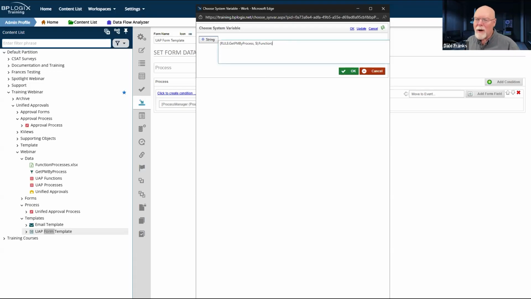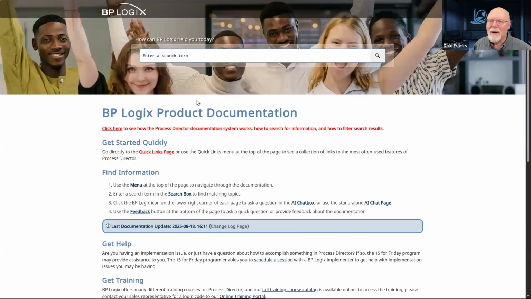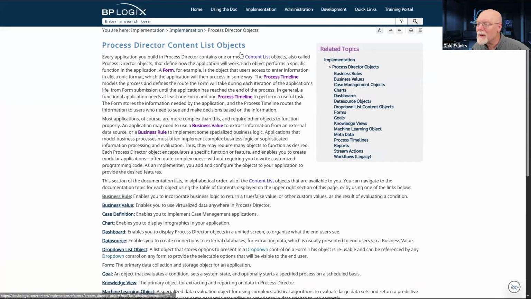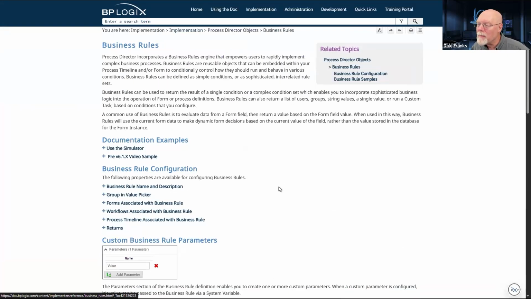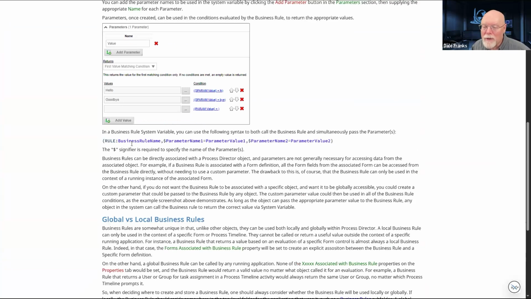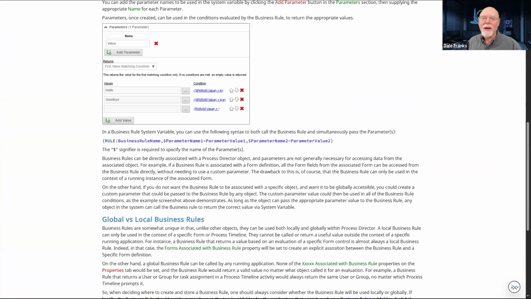function. I'm not entirely sure I have that syntax right. So let me real quickly go to, just need to be sure that I get this right. Implementation, director objects. Oh, that's not what I want. No, that is what I want. Business rules, because we have the parameterized business rule somewhere in here. Business rule parameter name equals. Okay, that's what I have to do. See, I didn't have it right. It's a good thing that I checked on myself.